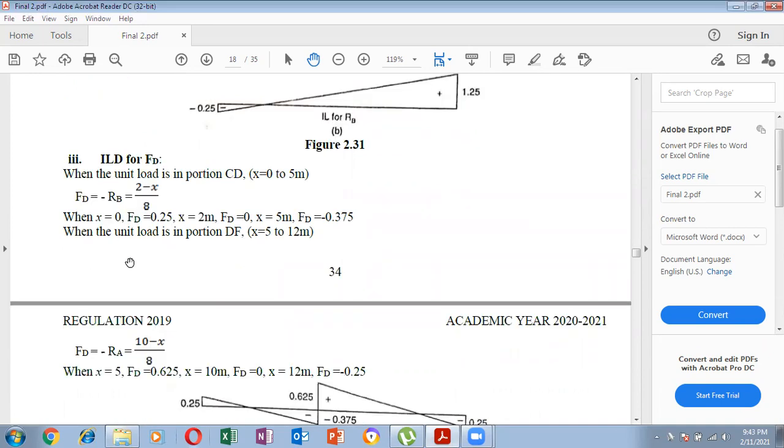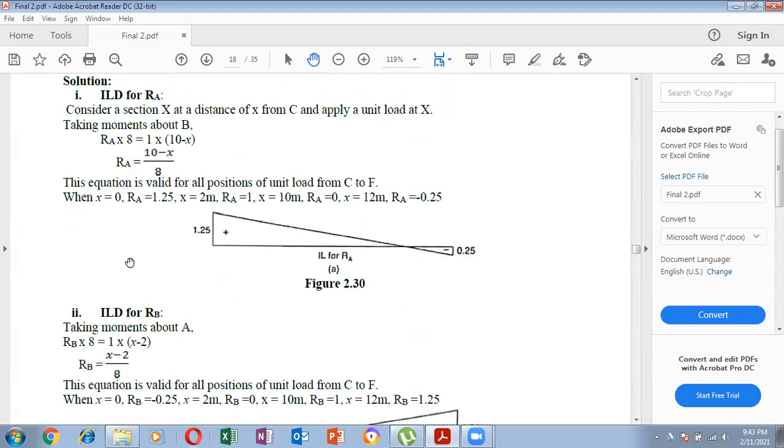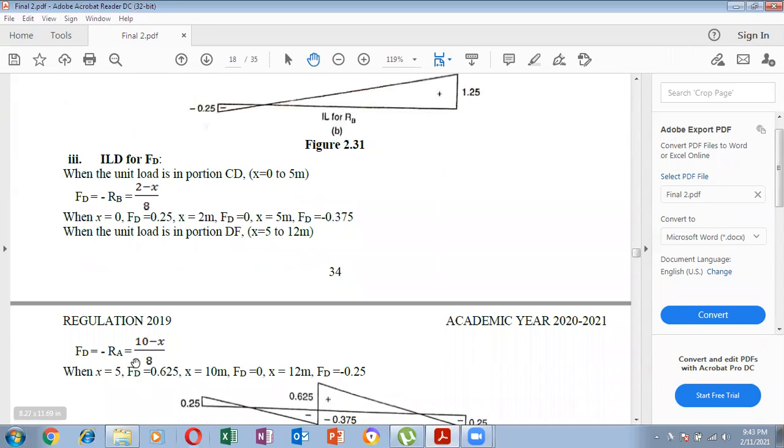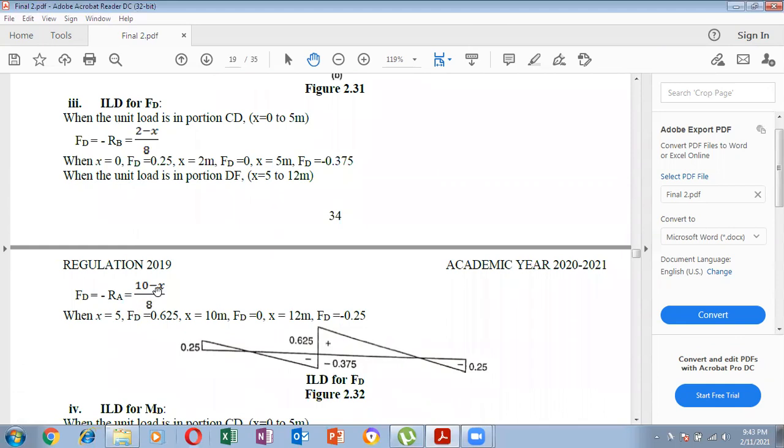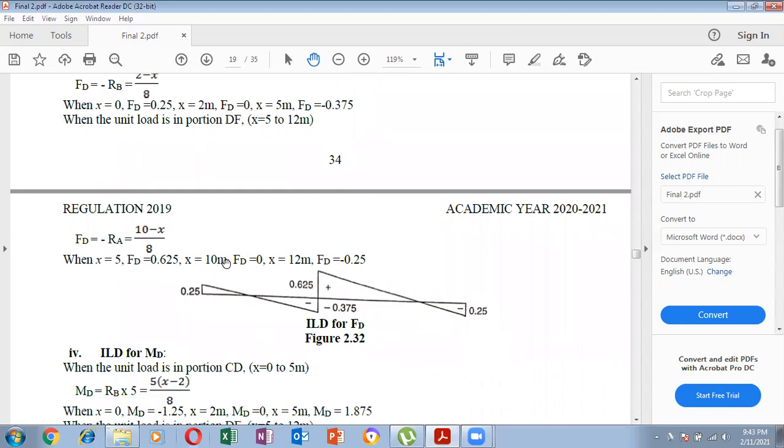So when we take the shear force, it will be minus RA. Already we have H minus 10. This is 10 minus H by 8. This is not minus RA, this is plus RA, because RA is in upward direction. So substituting the limit starting from H is equal to 5, shear force at D will be 0.625, and when H is equal to 10, it will be FD equal 10 minus 10 will become 0, and maximum value at H is equal to 12, shear force is equal to 0.25. So by plotting these as a function of graph, we obtain the influence line diagram for shear force about point D.